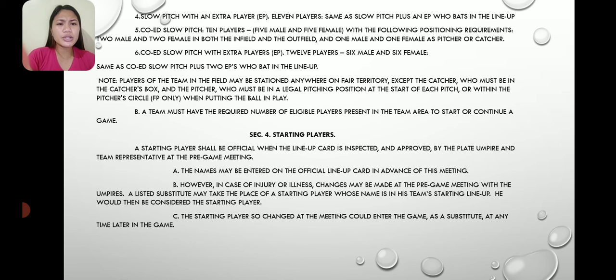Section 4, Starting Players. A. A starting player shall be official when the lineup card is inspected and approved by the plate umpire and team representative at the pre-game meeting. The names may be entered on the official lineup card in advance of this meeting. B. However, in case of injury or illness, changes may be made at the pre-game meeting with the umpire's approval, unless at least